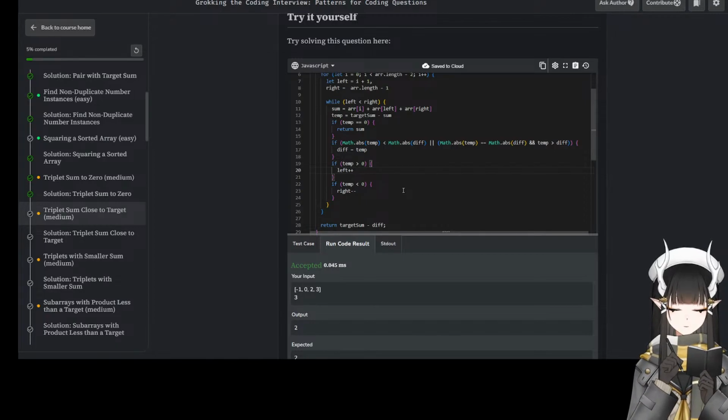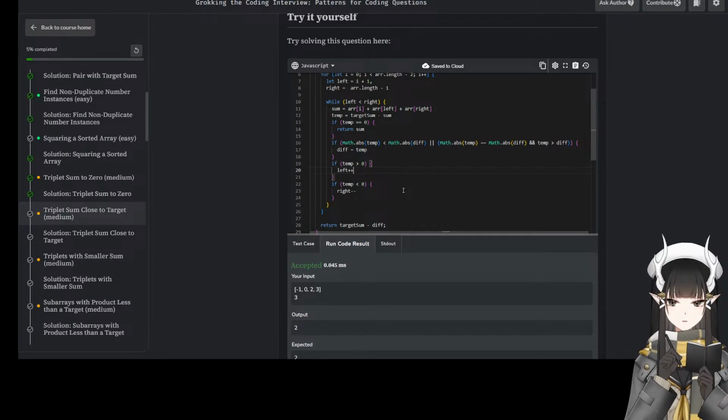If I reverse this part, how is that wrong if I reverse it?